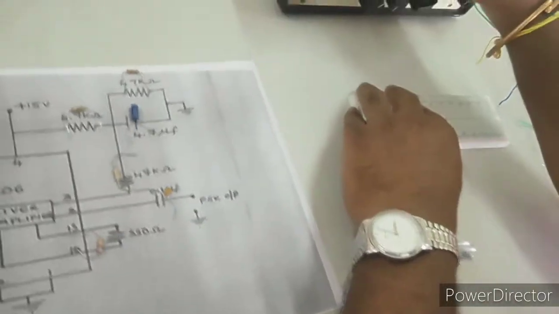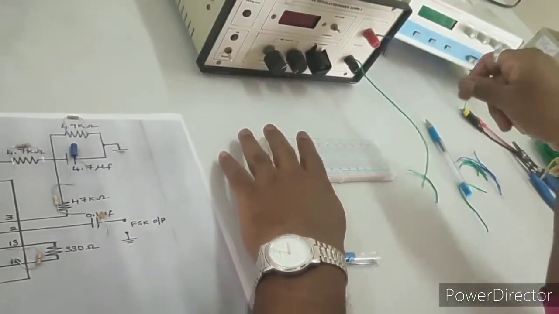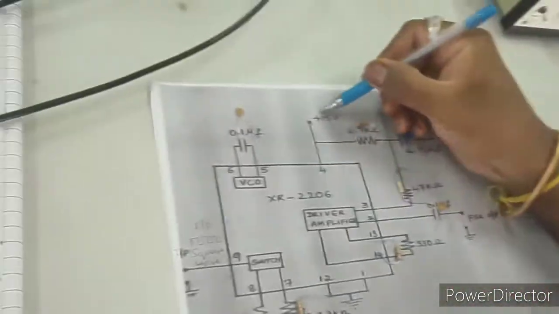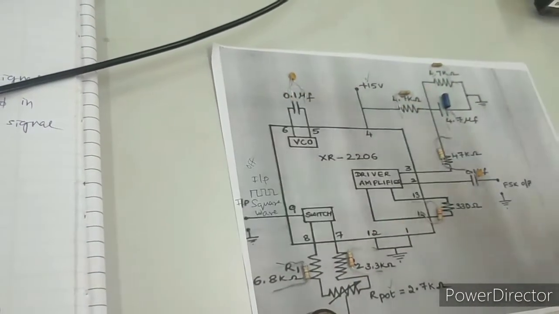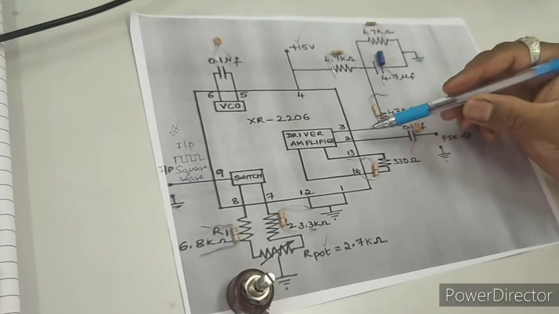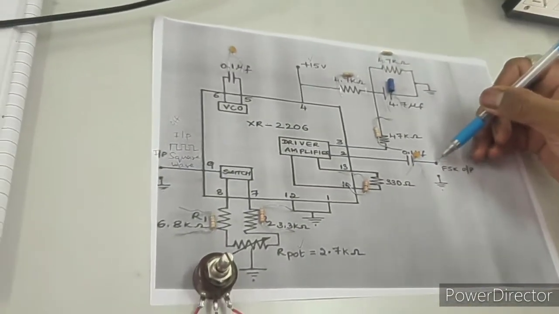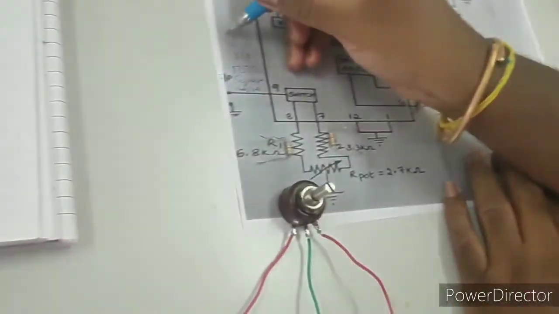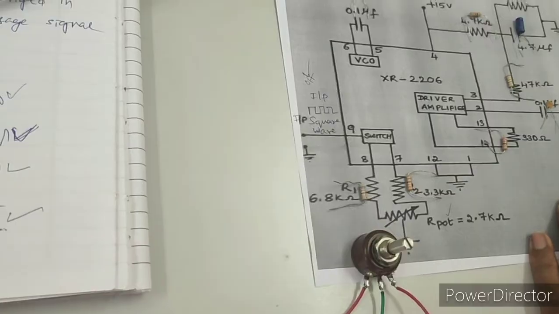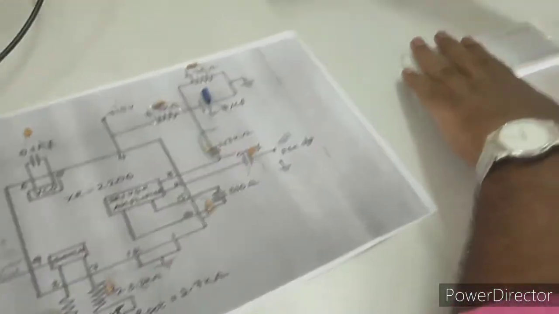Now for this, initially I will connect the circuit to the resistance and give the bias voltage, that is 15 volts. Without giving any input, by keeping the input in off condition, I will check that it generates one sine wave that acts as the carrier for our modulation, at pin number 2 after this capacitor. Here you are going to get a carrier signal initially. When the input is in off condition, you should get a sine wave. So this is actually our first step. First I will do the connections.